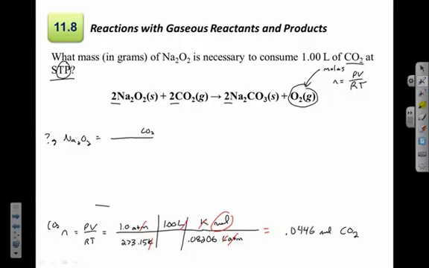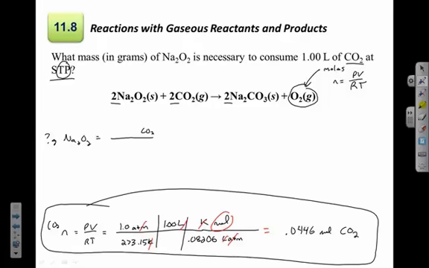So this is nothing new, right? This was pretty much what we did in chapter 11. So I can use the properties of a gas to figure out how much gas is there. Now I know how many moles of one substance. I use the balanced reaction to tell me moles of any other substance I want in the reaction. So if I want to cancel the moles of CO2 and get moles of Na2O2,